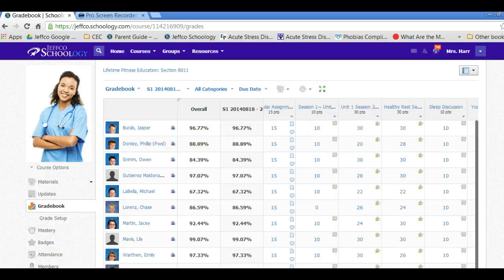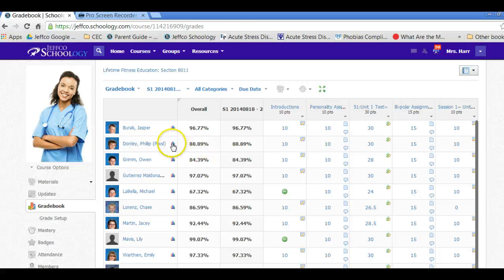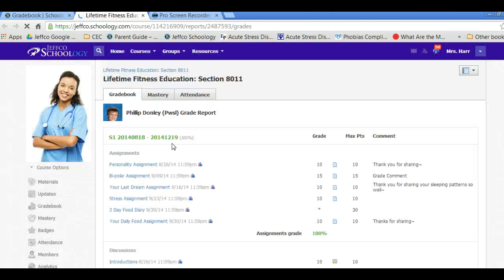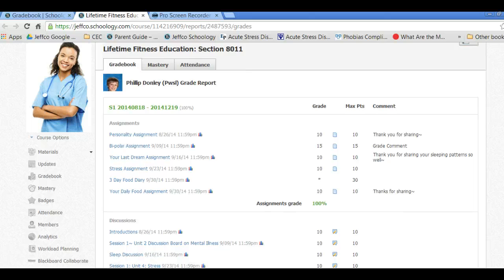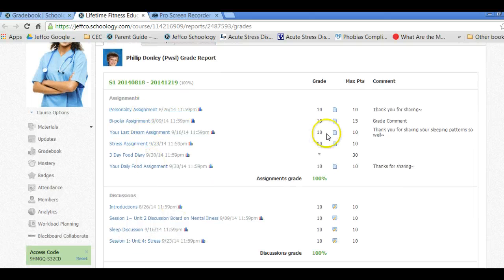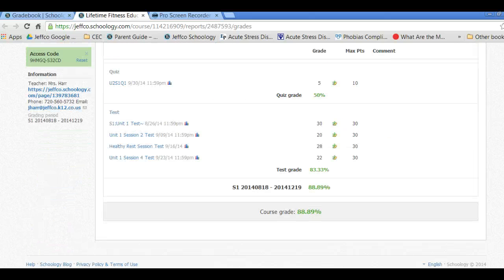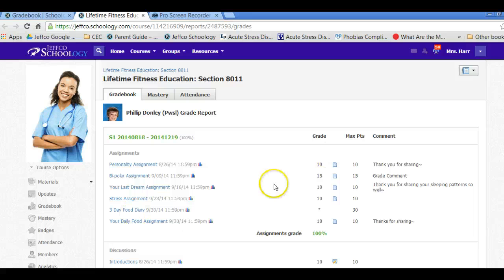This is the overall grade book for the class, but let's say they want to look at the individual student that perhaps they're working with. Right here, they can look at everything, and everything in blue is a hyperlink. So your homebound teachers, when they're working with a student, click right there. I hope you find this helpful. Let me know if you have any other questions or concerns.